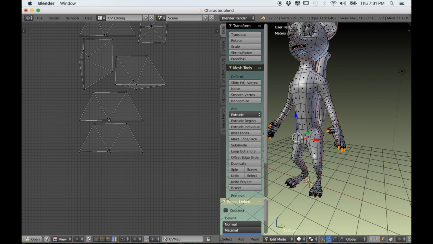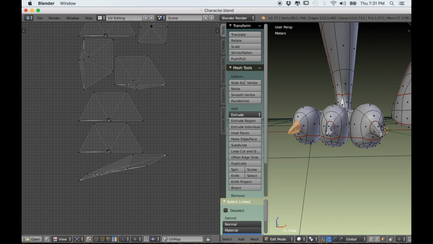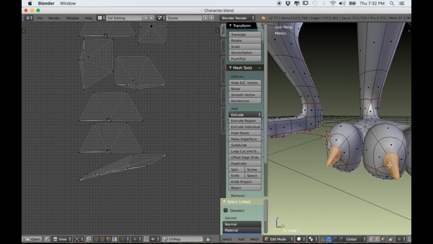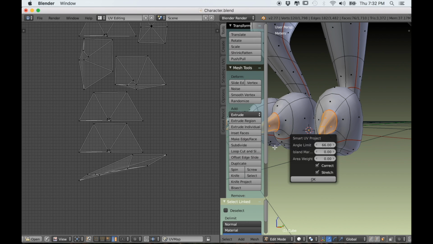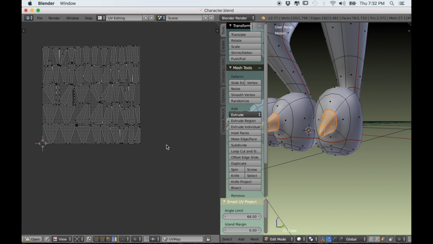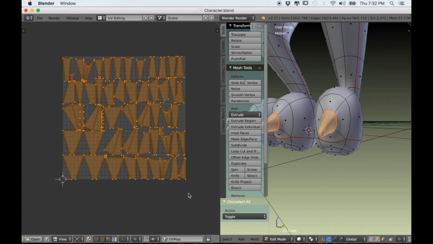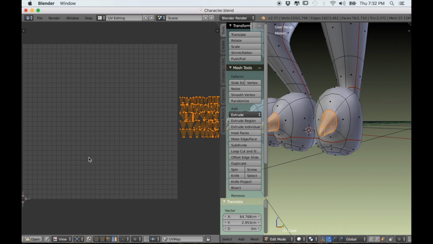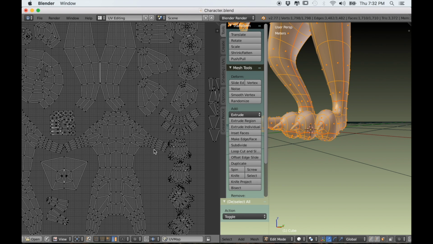Okay, and then the ones on the feet as well. And rather than just use unwrap, I'm going to use Smart UV Project. And I think that will be fine, because I'm just going to paint the claws all one color anyway, and they're so small, I doubt you would see any seams